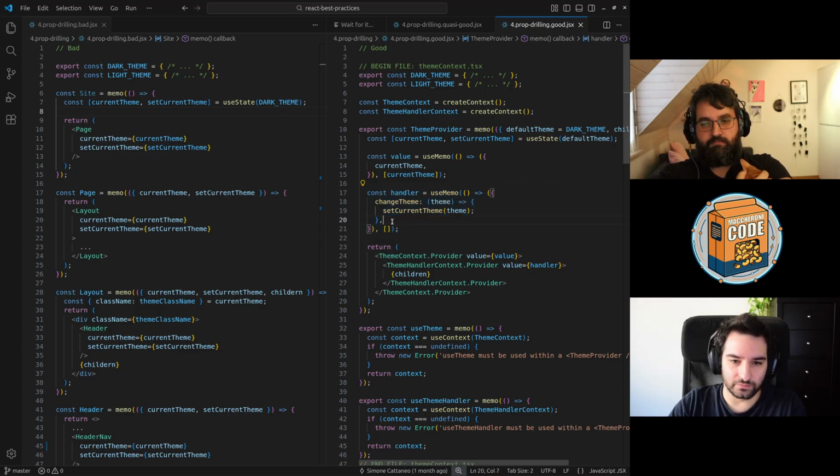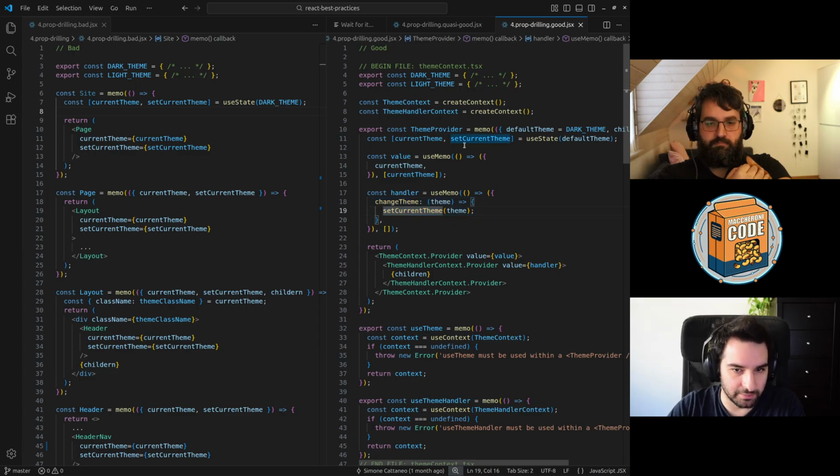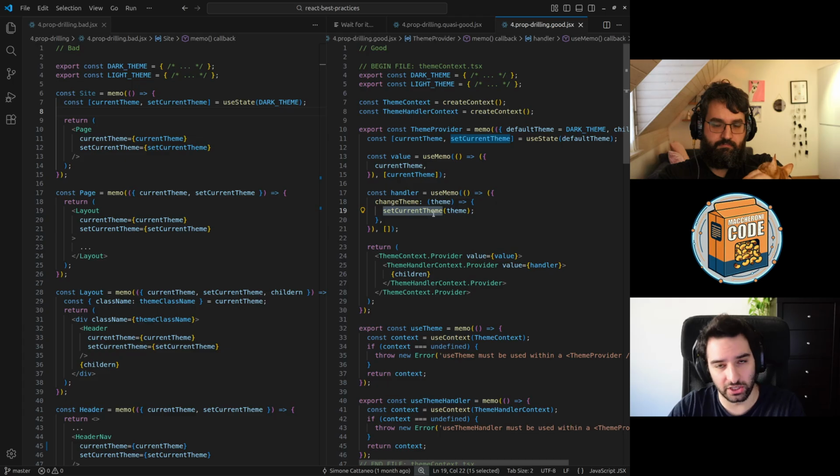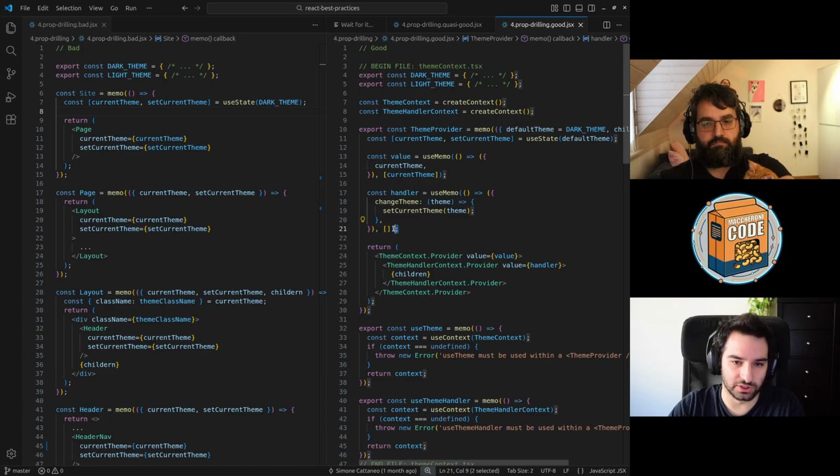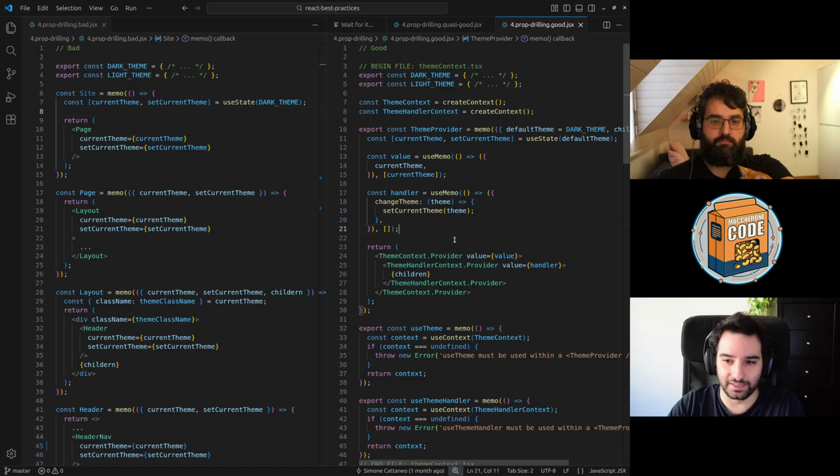It's obvious that the handler function doesn't need to update frequently, because setCurrentTeam is something that never changes inside React, because the dispatcher never changes. So it's one of the reasons I didn't set it as a dependency here. So probably the context will never trigger a render itself to the subscribed components for the handler.